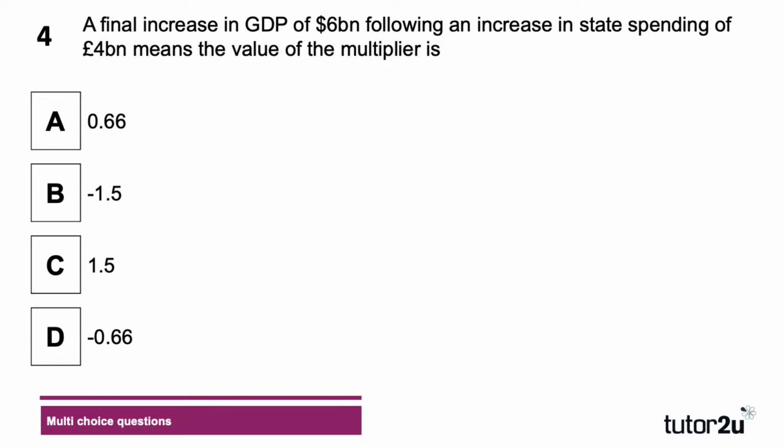What do we think? Okay, Charlie Hancock's gone for C. Millie's gone for C. Eli Price has gone for C as well. Again, lots of you agreeing. This is fantastic. I think that we might be all on the right track here. Let's have a look at the right answer.